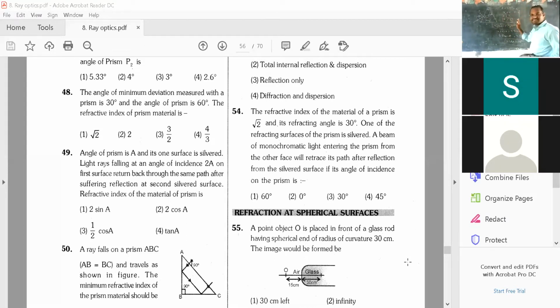Okay, it is somewhat a different type of question. Yes, it is important. Sometimes they will give angles also, not in cos; they will give values also. If it is 60 degrees, then you can find the value. Cos 60 is sin 30, which is 1 by 2, so the refractive index is 1. Like that you can get the values also. Keep the concept in mind. One more question like this is there. I will show you that question also.